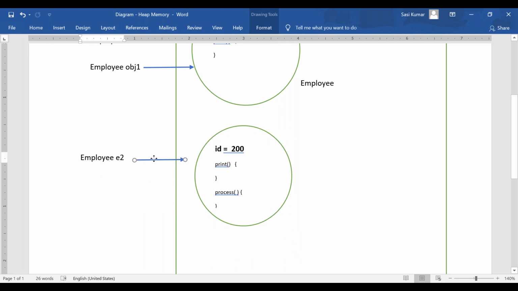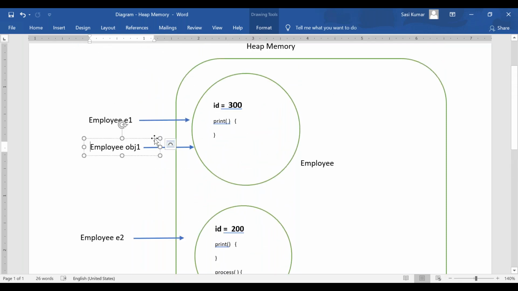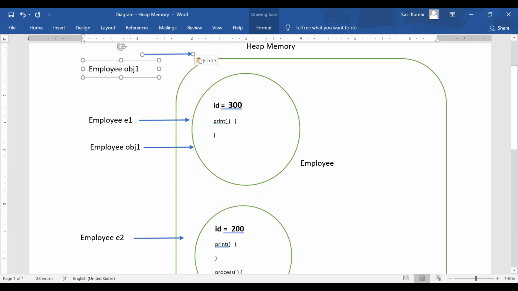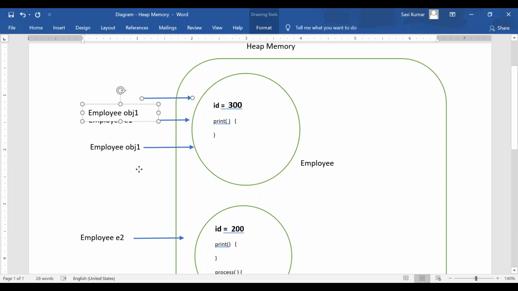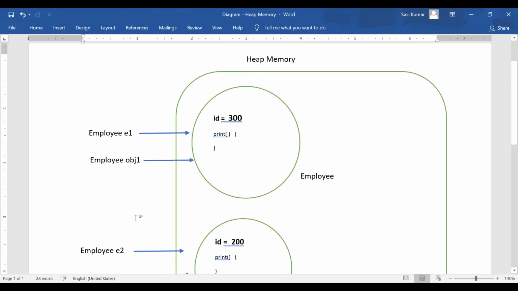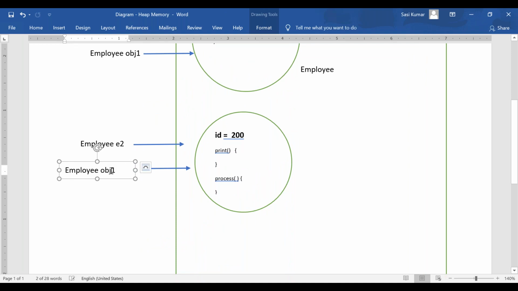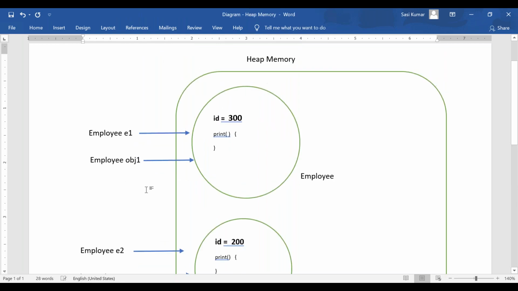E2 and obj2 both are pointing to another object, correct? See here, this is what has happened, because you have assigned something like this.